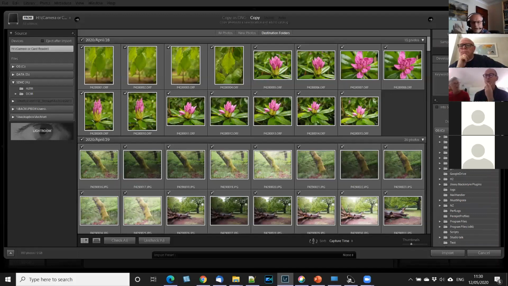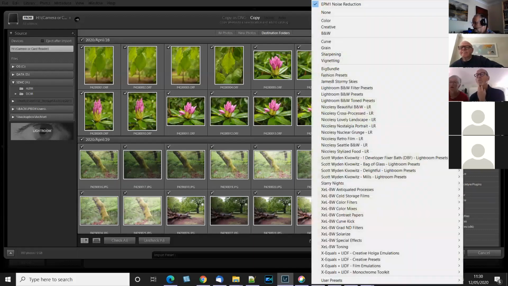there are going to be things you always do to your pictures. After a while, once you get the hang of Lightroom, you will always apply a certain amount of noise correction to your images. You might apply lens corrections, various other things like that you always do to the images as they come in. You can save them as what they call a development setting, i.e. a recipe. And what this panel here says is as you import them, apply these